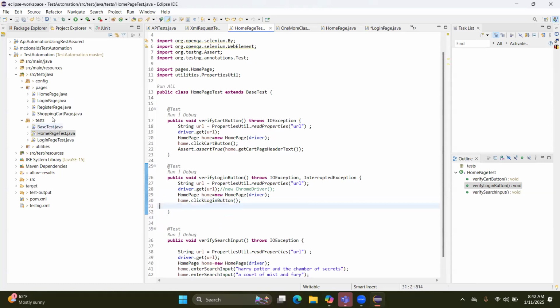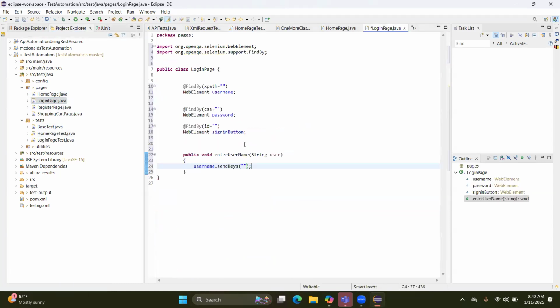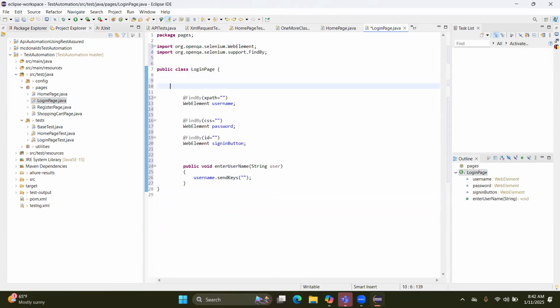So this is the idea about that web element. Now we are in the login page, right? Since it's a web element, you can perform the operation. So in page factory, what happens? Here also we have to declare one constructor,